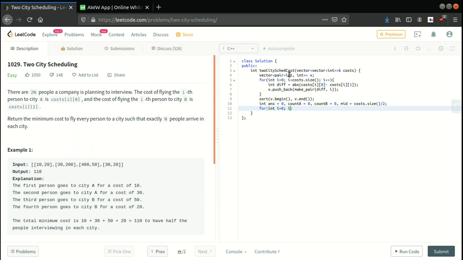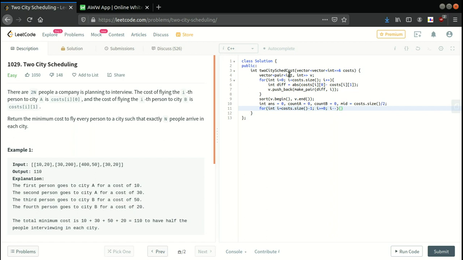Okay, so our array is basically sorted in ascending order, and we want to traverse it from increasing to decreasing. Either you can sort it in descending order, or you can do like costs.size() minus 1 and i greater than or equal to 0 and i minus minus.